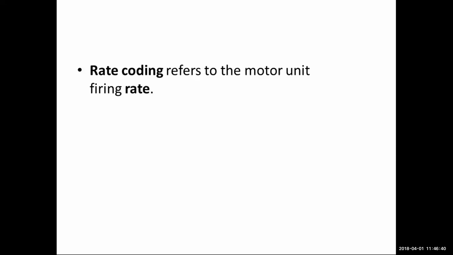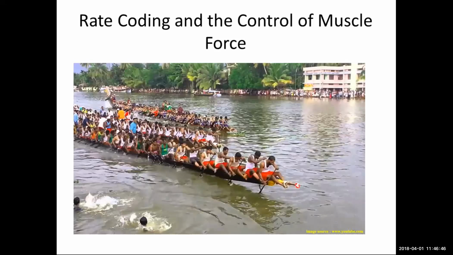They can be either pulses per second or hertz. Remember, all these things refer to the frequency. How many times they can produce this impulse, similar to what they do in boat racing. How fast they can row. You can see that there will also be a person who will drum, so that they can move faster.